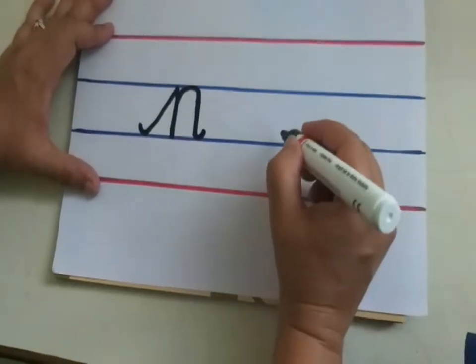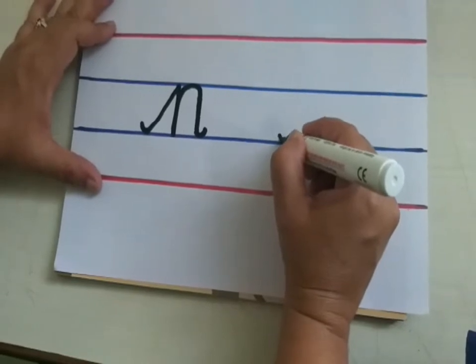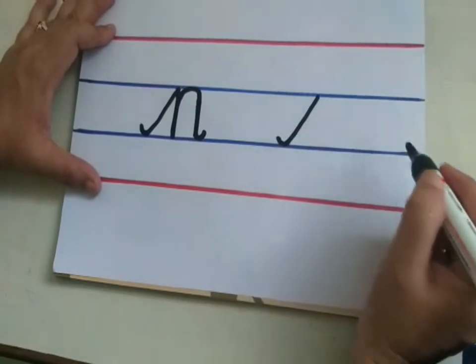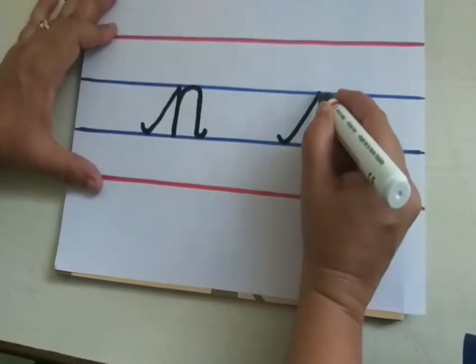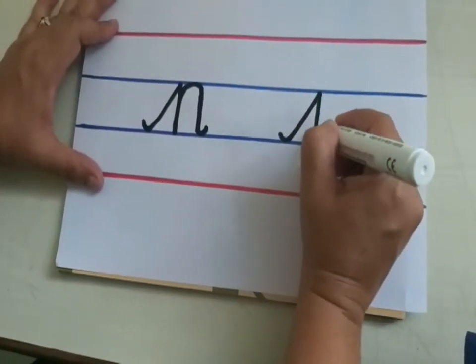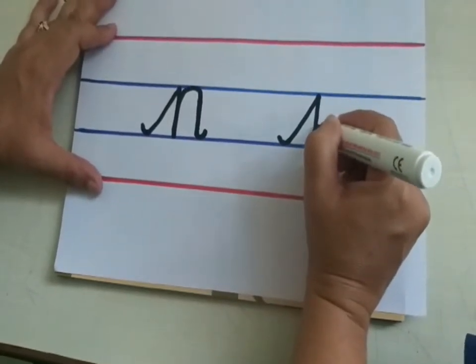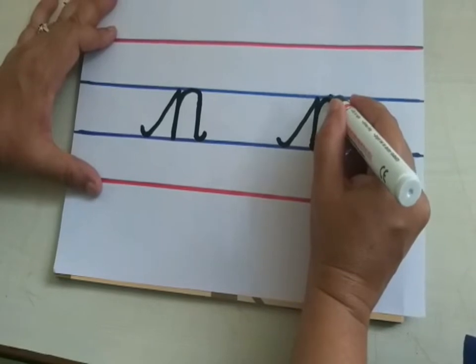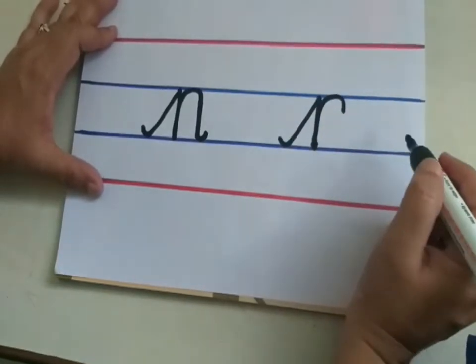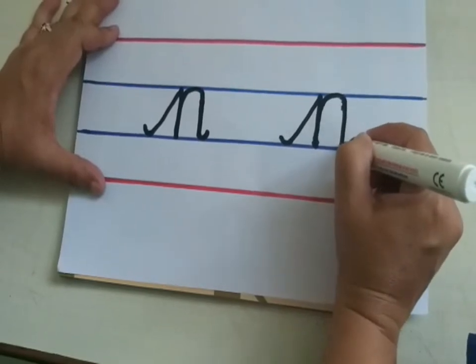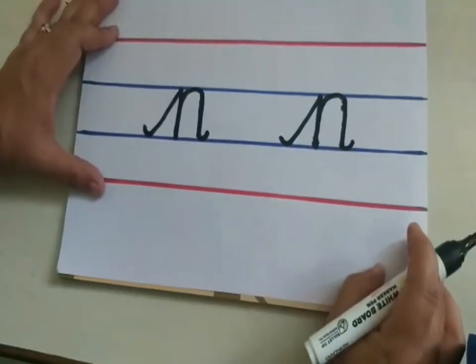Shall we write this side once again? Make a small curve. Go up to the second blue line. Like slanting line you have to go. Come down to the third blue line, children. Standing line. Again go up to the second blue line and make a half curve, children, like that. Come down to the third blue line and make a small curve.